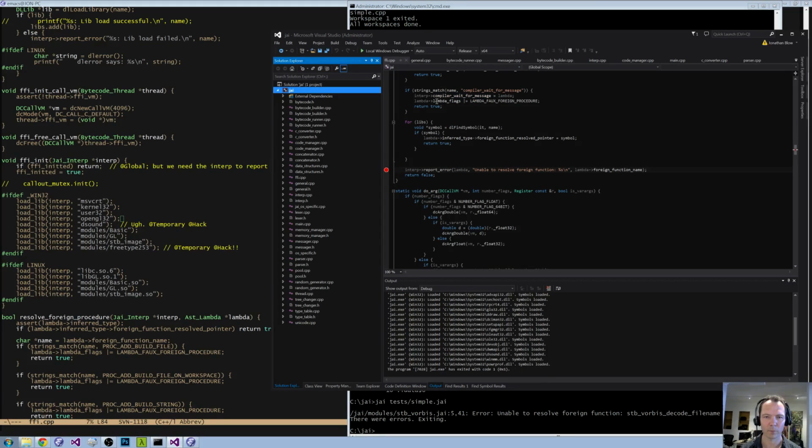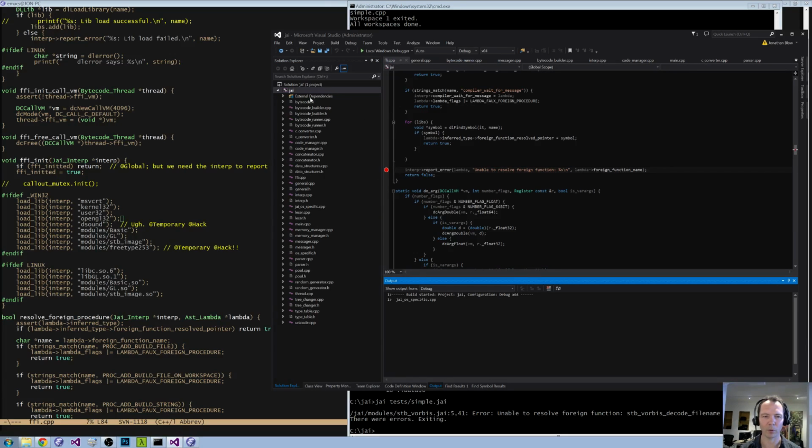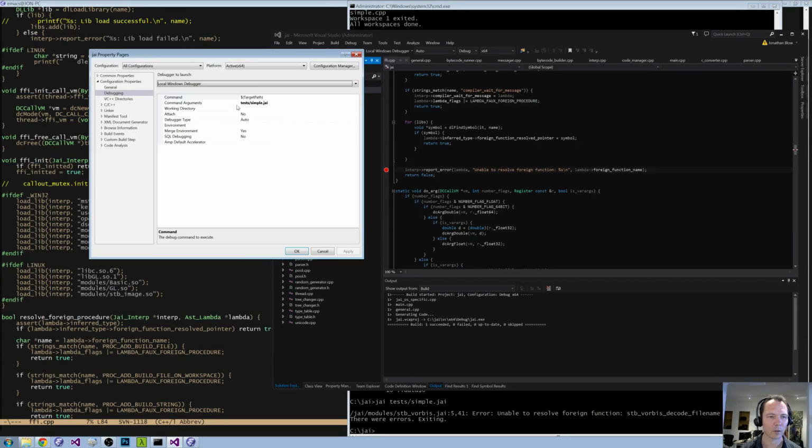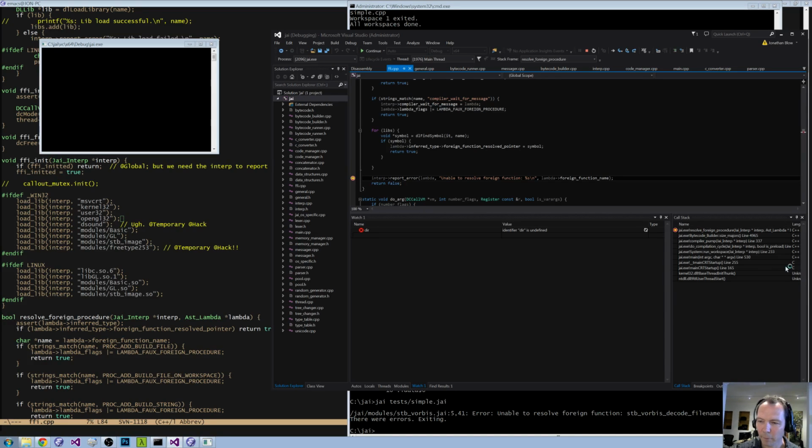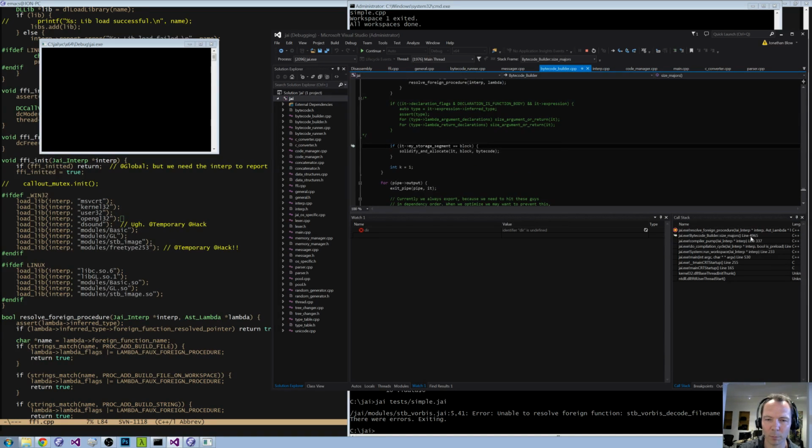Wait. Why did we not? Let's go into debug build. Okay, unable to resolve foreign function. That's happening in bytecode builder, which is good because that's late in the pipeline. So if I load the DLL at an earlier time in the pipeline,